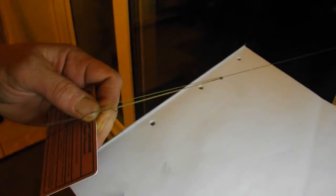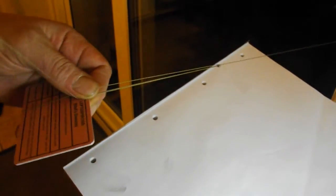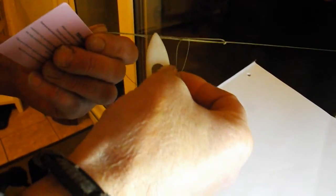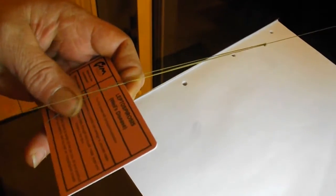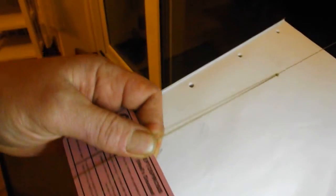These are the only knots you're going to need. Bring it over, take it through the loop that you've brought down and secure that knot there. Then take it back over and take it through the middle of the loop, bring that down and secure it. I'll always treble knot mine, so